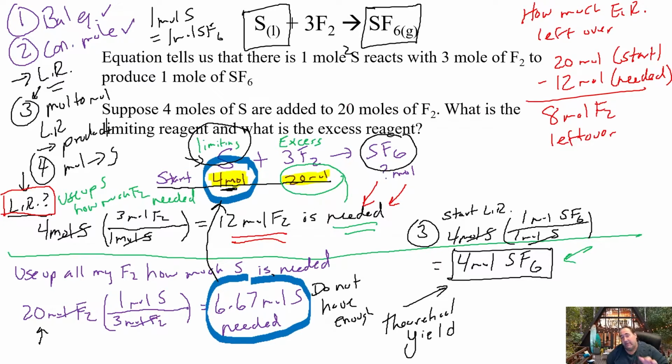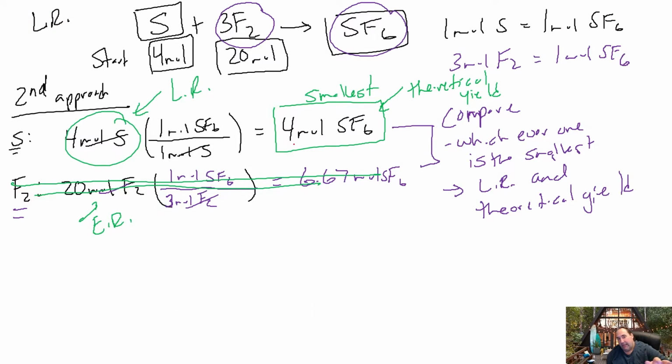So one of the benefits of doing the first approach here is you might actually have the calculation already done for you to figure out how much of that excess reagent is left over, which again is a very common question that's asked in these type of problems. The downside to this approach to limiting reagents is, although it may be easier to figure out your theoretical yield, if you were asked how much of your excess reagent is left over after you did these calculations, you would then need